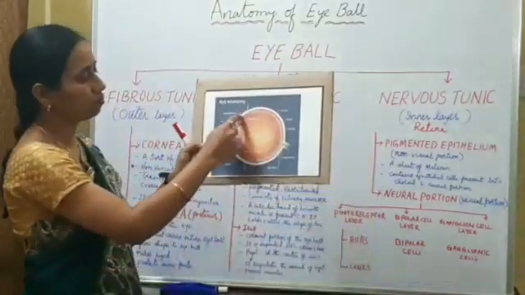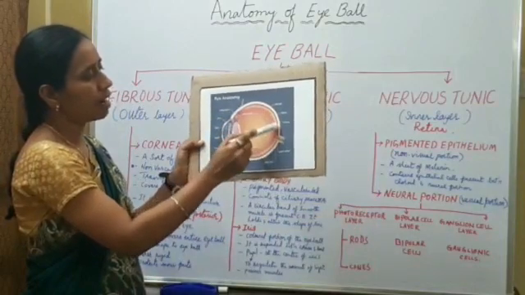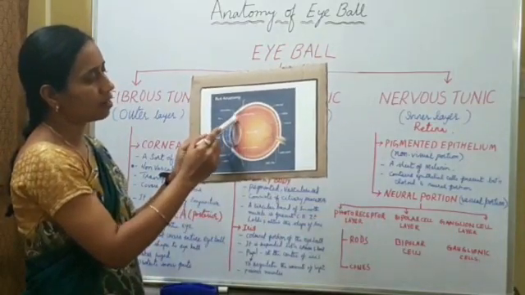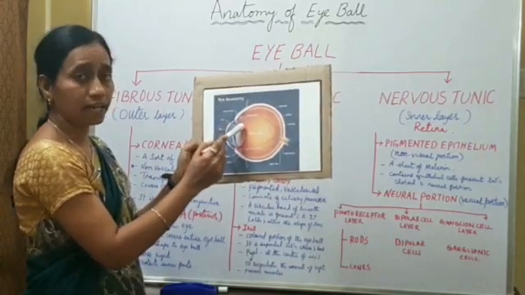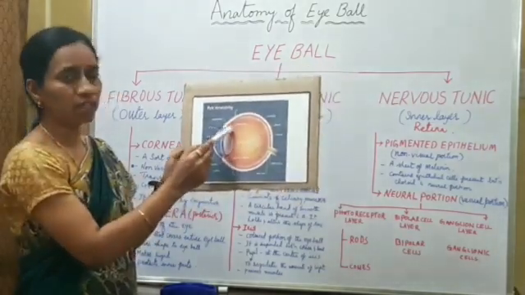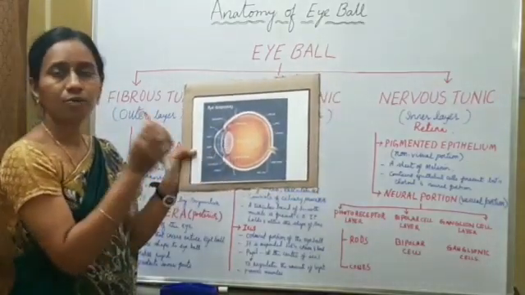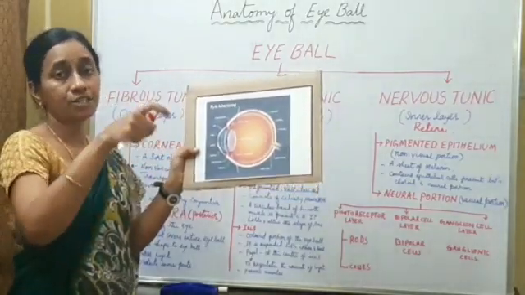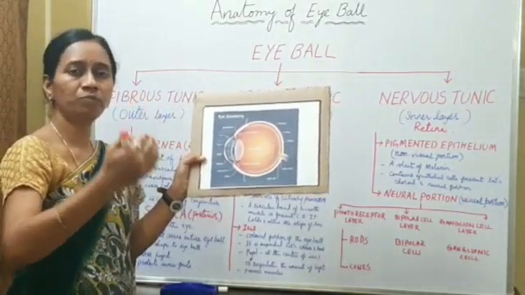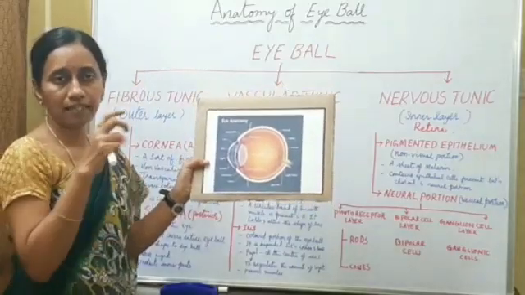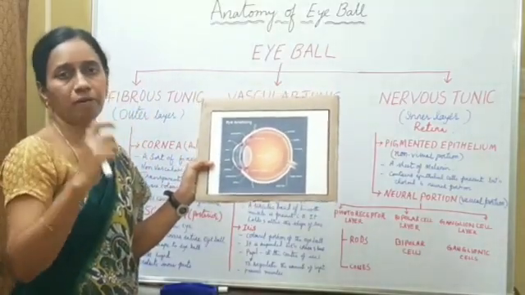Here you can observe this is the second layer, the choroid part, and the anterior part is called the ciliary body. This ciliary body possesses the ciliary process and a circular band of smooth muscle. This helps the lens to alter its shape so that it is able to see nearby objects and far-off objects. That is, it can change the ocular power or eye accommodation power.